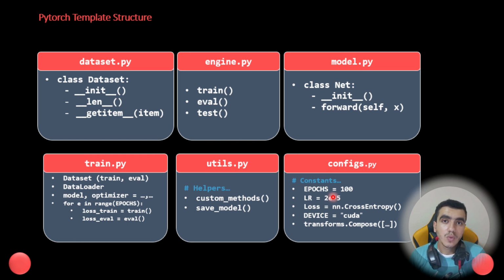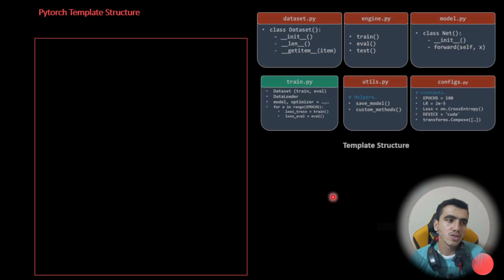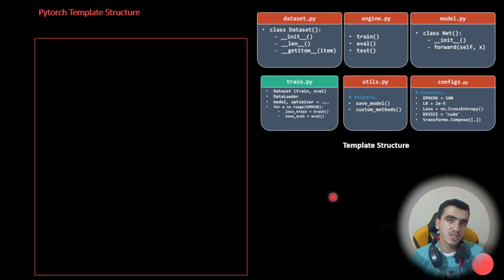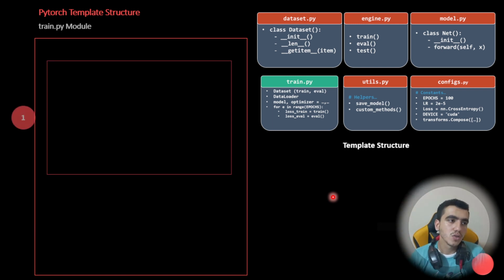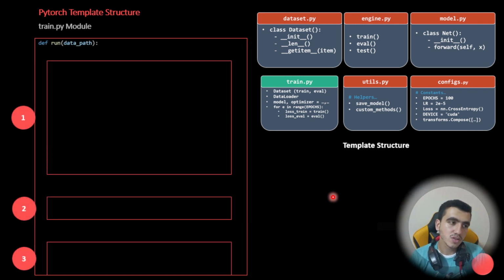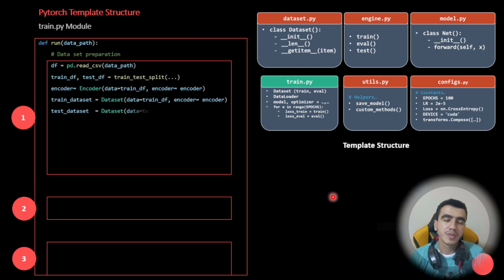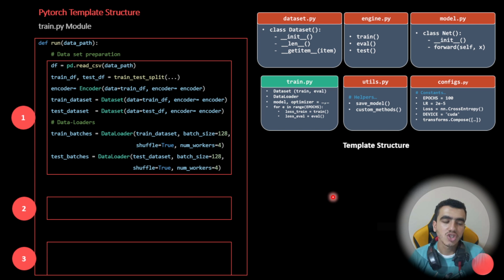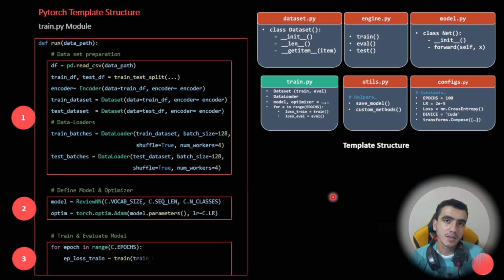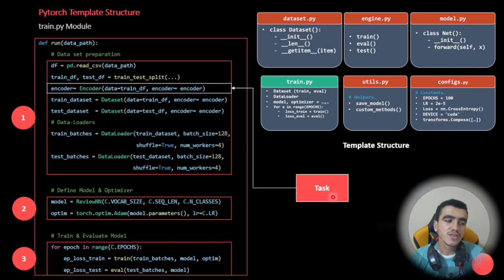So let's get to how we are going to insert our encoder into this. I am going to show you Train.py because this combines all the scripts. Basically it has three main parts. First is the data preparation, where we initialize all the dataset parts. Then we define the model and the optimizer, as mentioned before, and then we train the model in the training loop. Our task here is focused on this part, the initialization of the encoder, which is nothing but